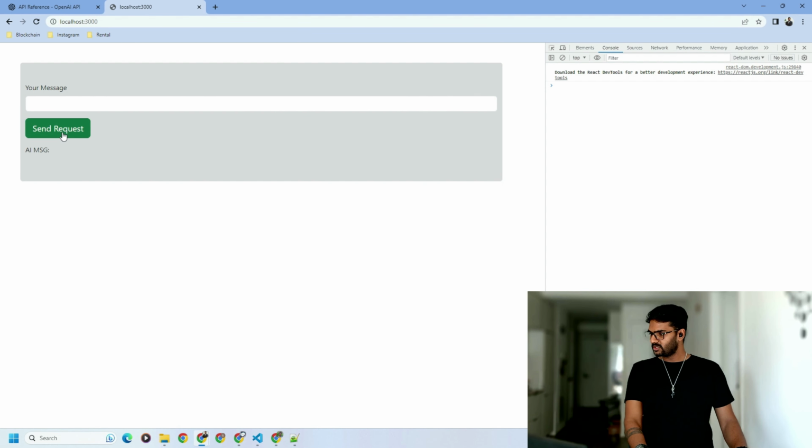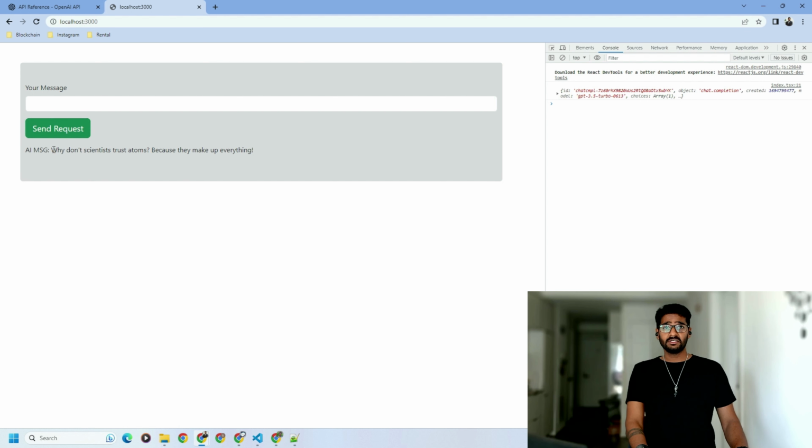So fingers crossed, I'm going to click on this button and there you go. The message that we got from OpenAI is: why don't scientists trust atoms? Because they make up everything. Well,